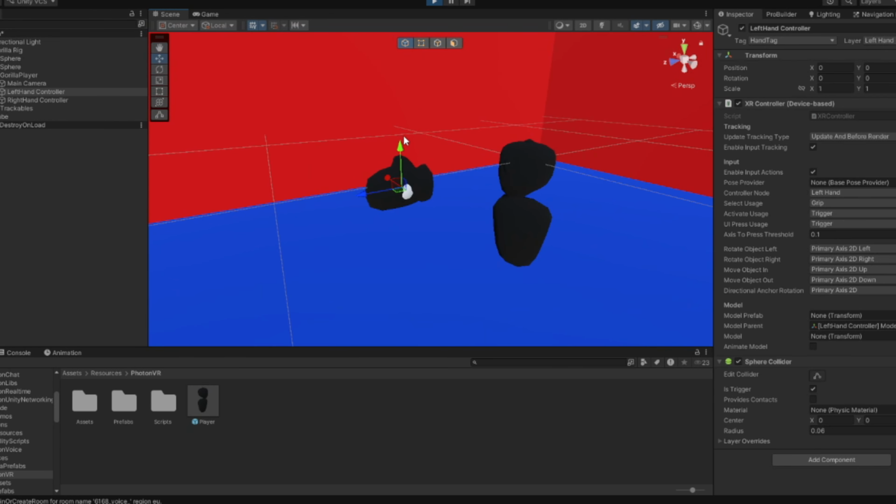You can move around. Now once again, if you wanted to test this in VR, what you want to do is download SteamVR and get Steam Link on your headset, connect them both, and then click play, and you'll be able to move around. And that's it for this